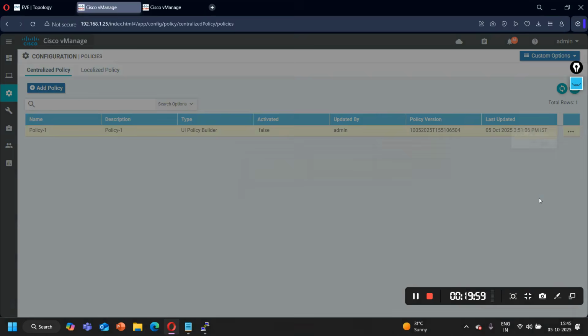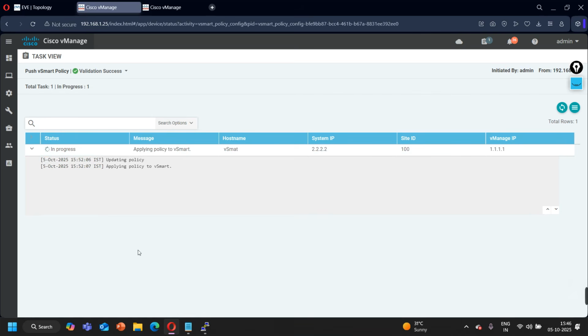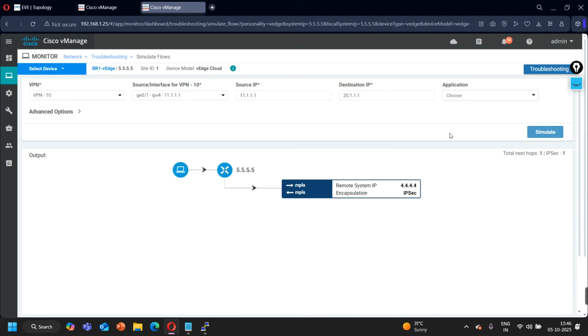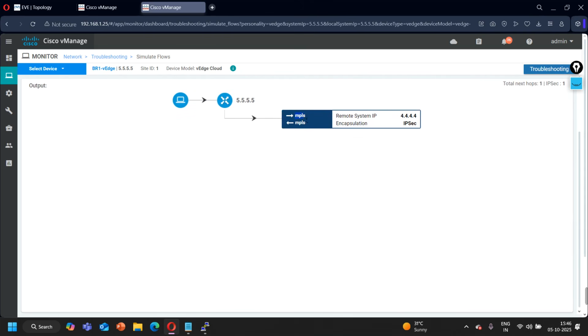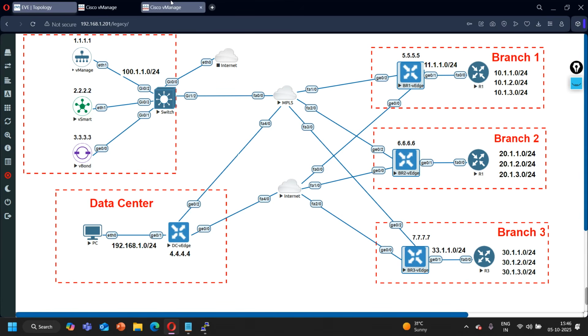Click on this gear button and click on activate. Now it is under process. Just a minute. Updating policy. Apply policy to vSmart. And now you can see success. Let me take you here and refresh this page, and now you can see my traffic is going over MPLS only, right? Again, if I send traffic to the DC, let's say the DC LAN prefix is 192.168.1.1,